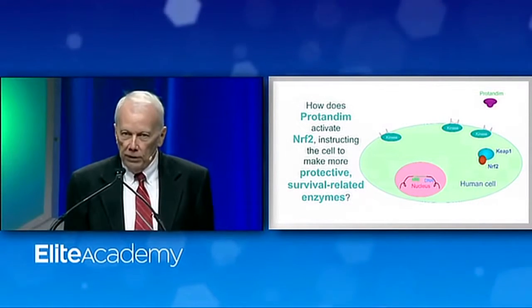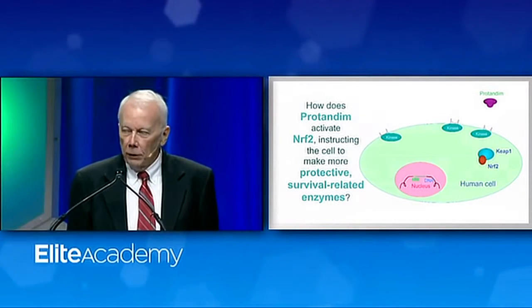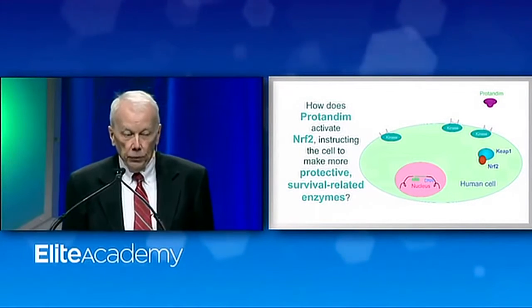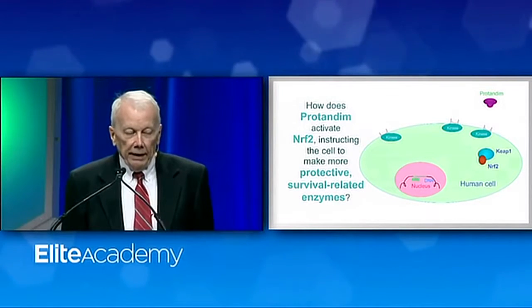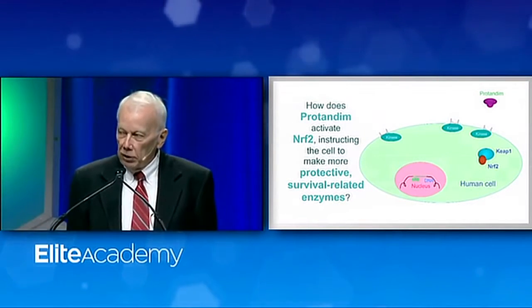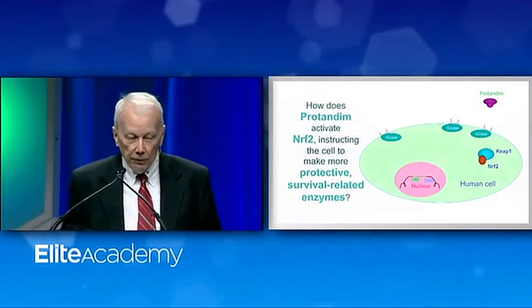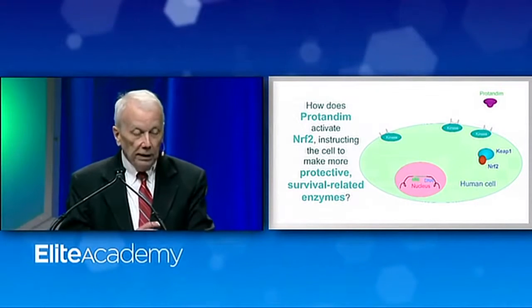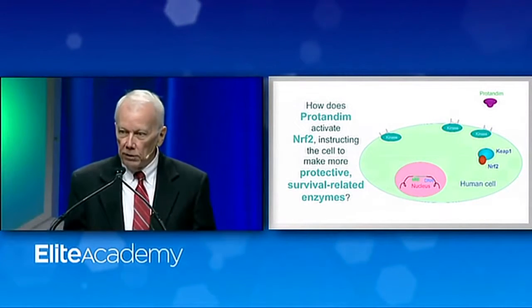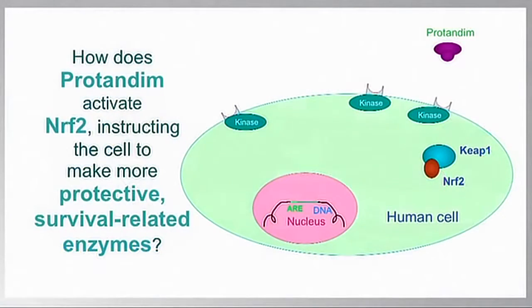Your vault of blueprints is unique. It's unlike anyone else in the world unless you have an identical twin. And it's the same in every cell. They've all got the same genes. What makes one cell different from another is they express those genes differently. So a brain cell has genes that only brain cells express, a kidney, other genes that only kidneys express. To regulate gene expression,